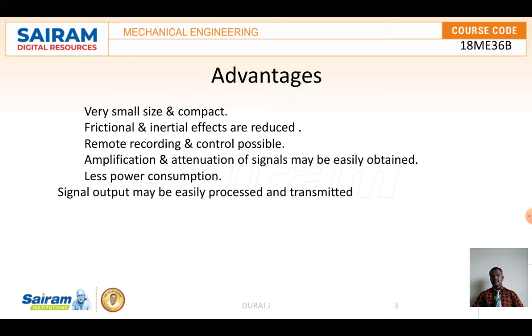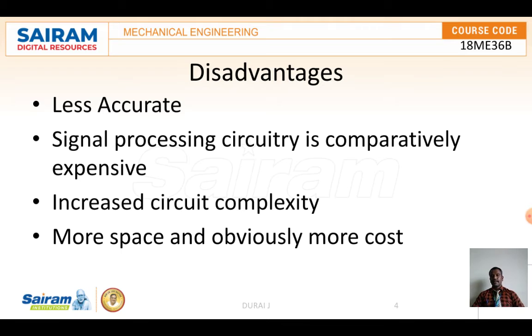So this is about the advantages of the electrical transducer. Mainly here we can see the output value clearly because of the digital value. Then the disadvantages are that the accuracy is very low, and